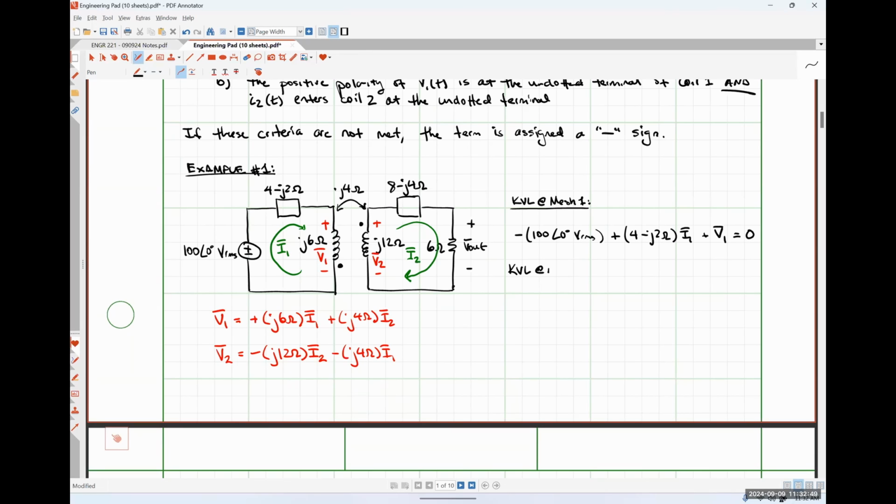Then we would do KVL at mesh 2. Starting from the bottom left-hand corner, we would simply have negative V2 plus 8 minus J4 ohms times I2 plus 6 ohms times I2 is equal to 0. Solve this system. And then from here, we could say that V out is simply